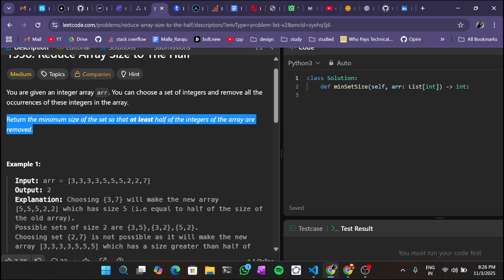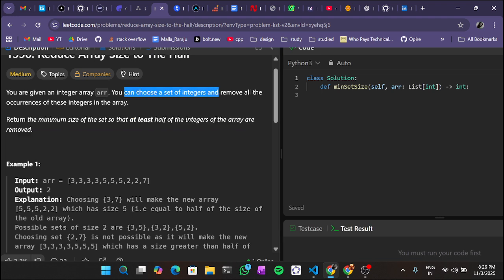All the occurrences, right? Okay. So we have to remove at least half of the integers,